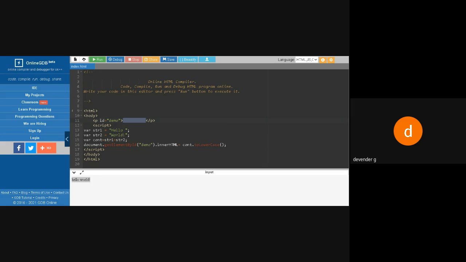Because in the scripting language I'm saying, find the ID demo, and print the output you are getting in the innerHTML. The innerHTML is what is in between both the tags, the paragraph opening and closing tag. In between that, I need some information to be displayed by the scripting language. So the scripting language is taking the two values, combining them, and converting that into lowercase. This is what we are doing. Any doubt up to this?